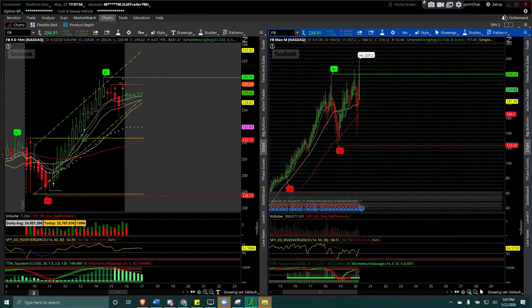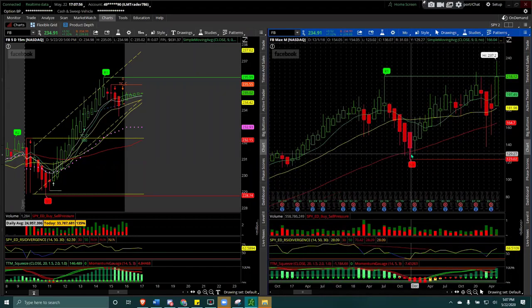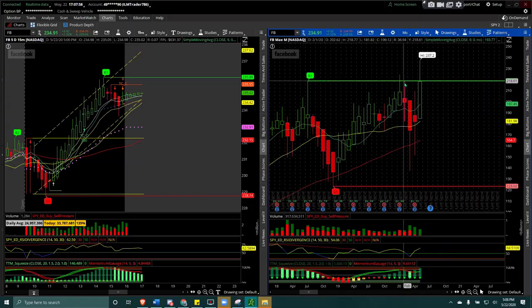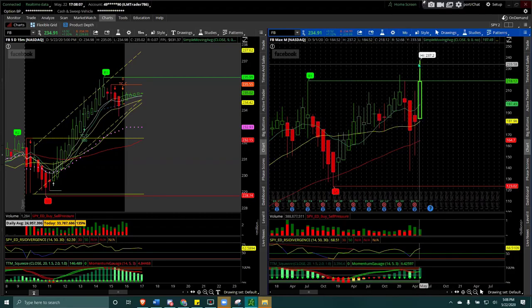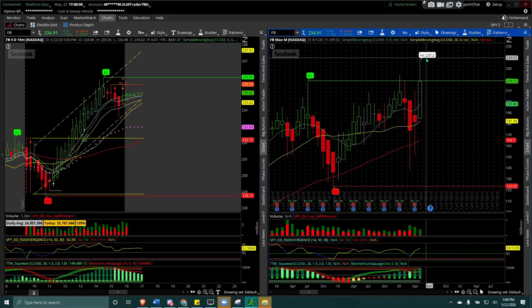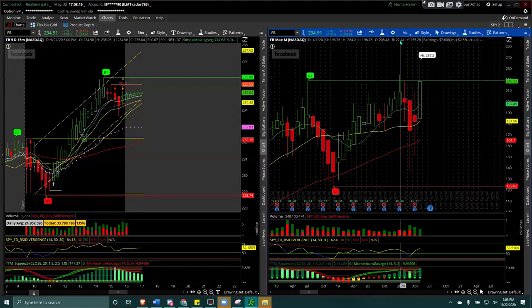This is a monthly. Each of the candles here represents a month. So you could pretty much clearly see the line. So look, everything was down. When April came, March came, it started picking up from right here. It held above that 20 line and boom, it closed today at 234. So it's just pretty good.